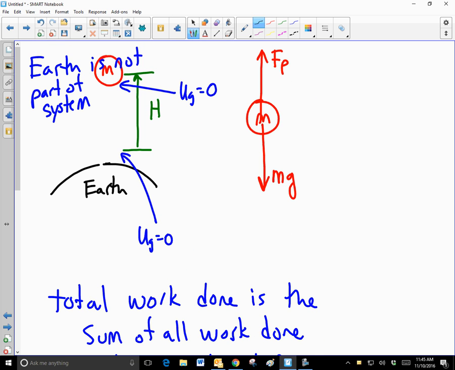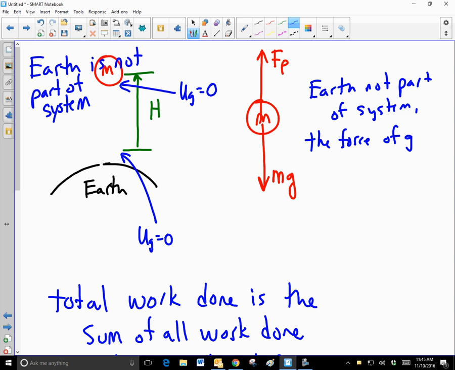Because the Earth is not part of our system, the force of gravity was external to that system,